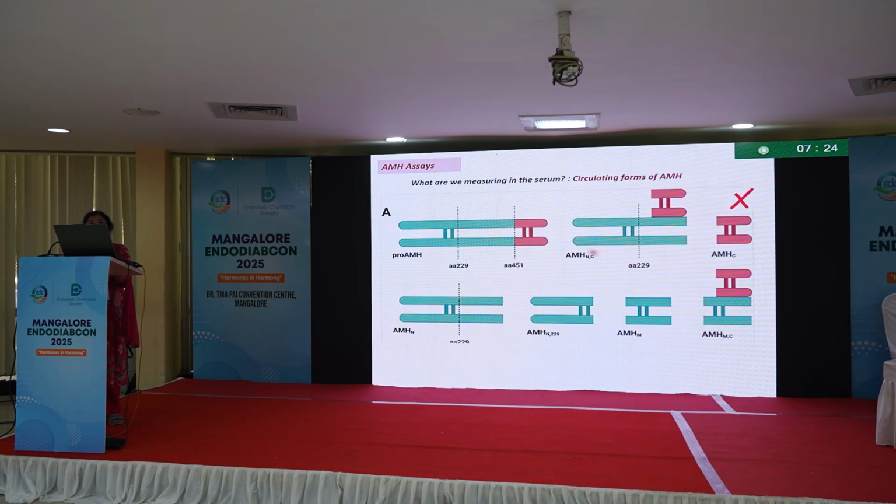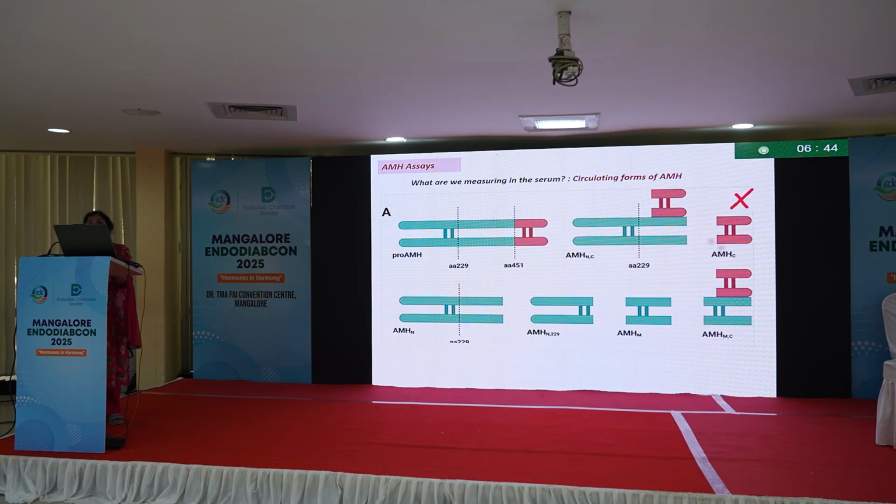So then the second question comes: the assays. When we talk about AMH assays, we have to talk about what exactly we are measuring in the serum. In other words, what are the circulating forms of AMH? AMH is not a single molecule that circulates homogeneously; there are several forms of it. AMH circulates in the blood in the form of pro-AMH molecule, with two sites where the division happens. When the division happens at the most common site, the C-terminal or active form becomes non-covalently attached to this molecule, and this is the molecule which circulates in most abundance.